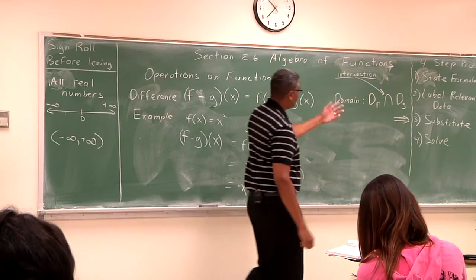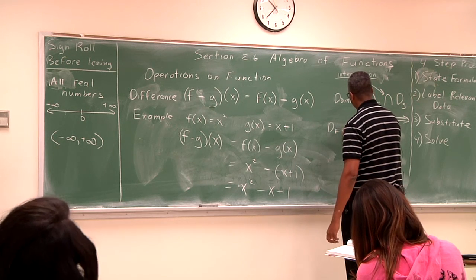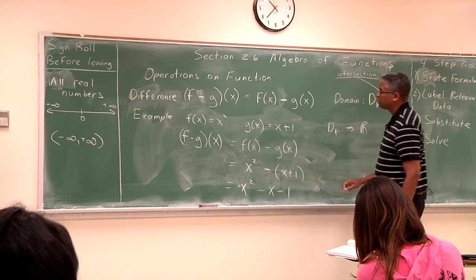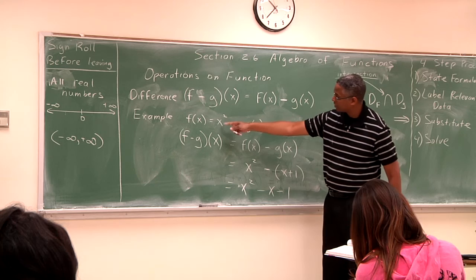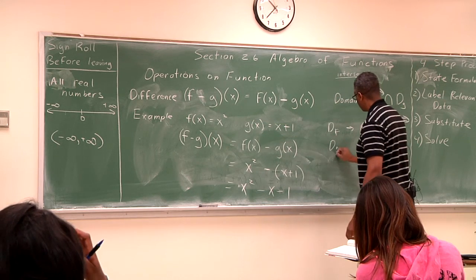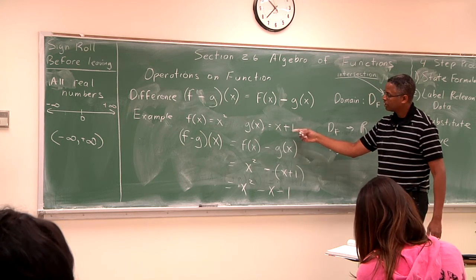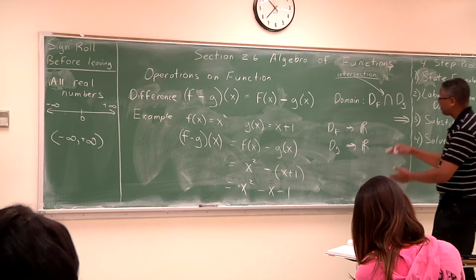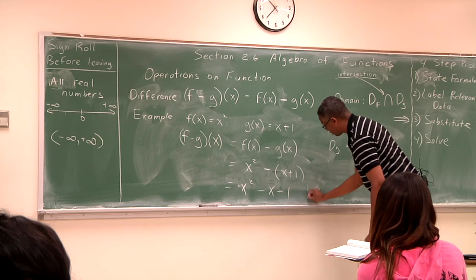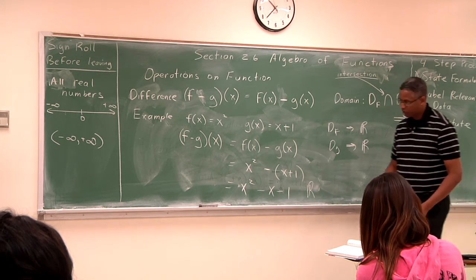And as far as the domain goes, the domain of f is all the real numbers, correct? Because you don't see a radical here, you don't see a rational expression, correct? The domain of g is also the real numbers, okay? So that means the intersection of those two domains, which would be the domain for f minus g evaluated at x, is also going to be all real numbers, okay? All right, so let's go on to